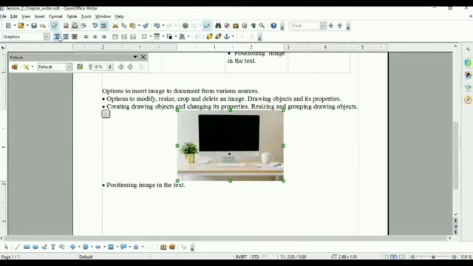See here in the drawing object property window there are options. First is wrap off, second is page wrap, and third is wrap through. See the changes. Once the wrap off option is enabled, the picture will appear in between the text. See here, 3 lines appeared at the top and 1 line at the bottom of the image.